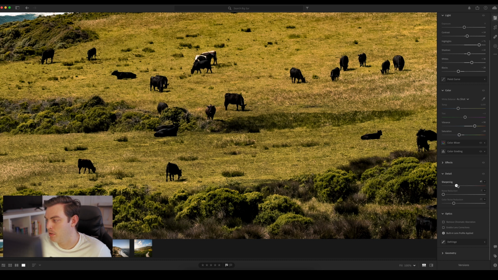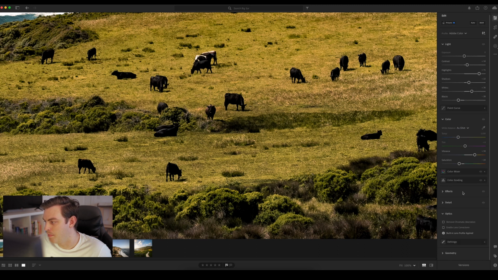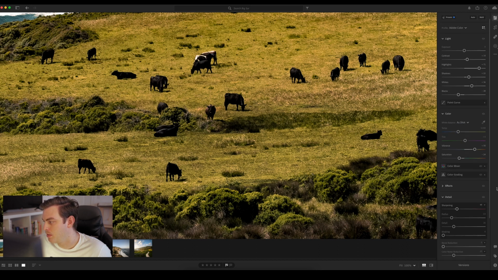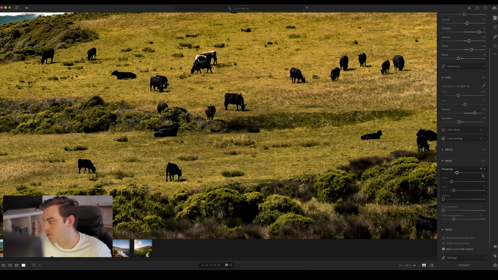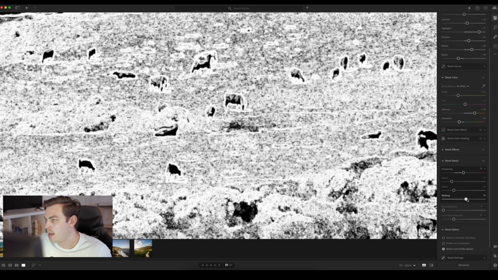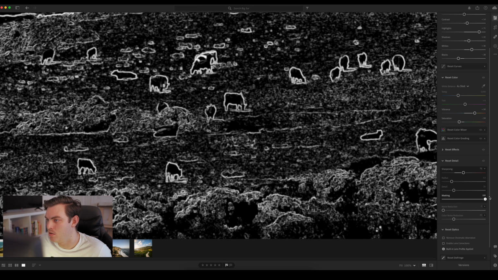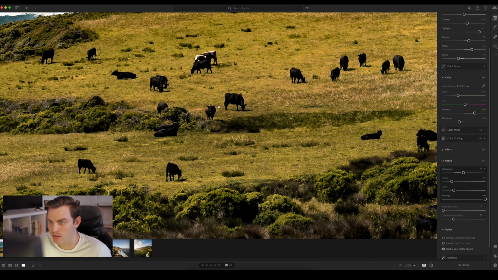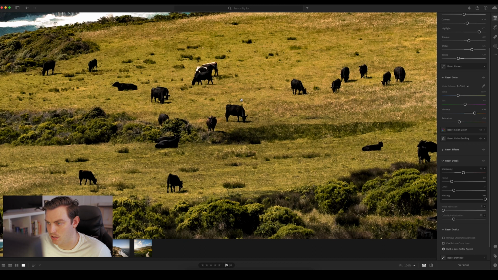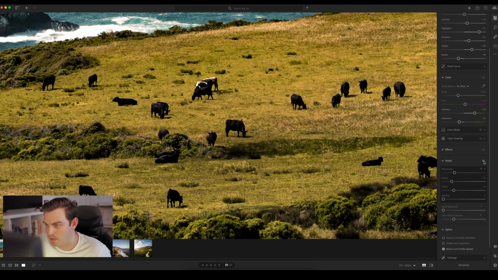I might put a little bit of sharpening in here. I'm going to open up the sharpening tab. Whoops. Detail. Sharpening, there's this little drop down. Sometimes I like to pull it up to 70, 75, and then hold Alt or Option if you're on Mac, and drag the masking up until you get the edges you want. So yeah, I'm actually going to pull it all the way up. Now you can kind of see where the sharpening is working. So if I turn it off and on,